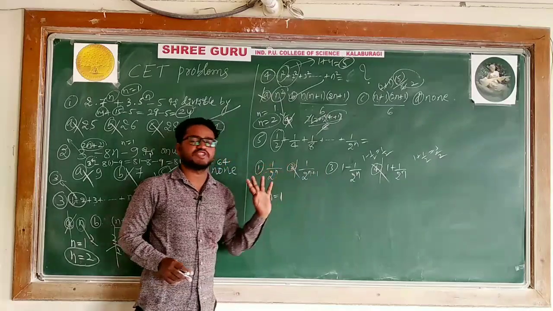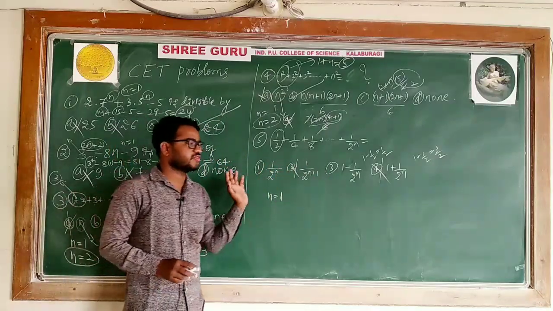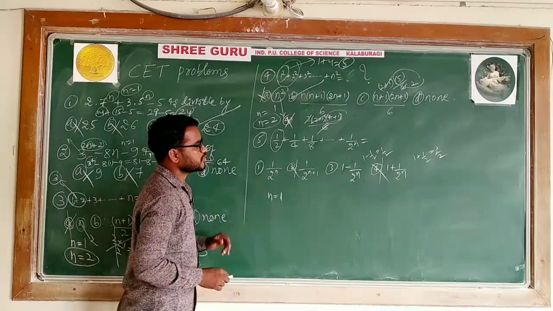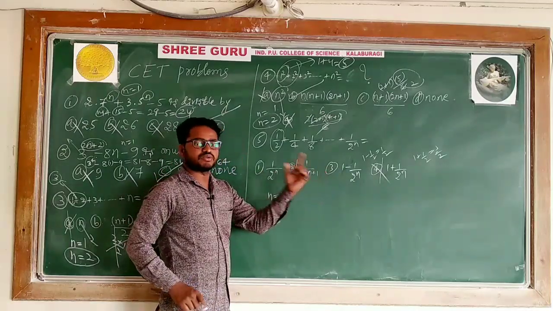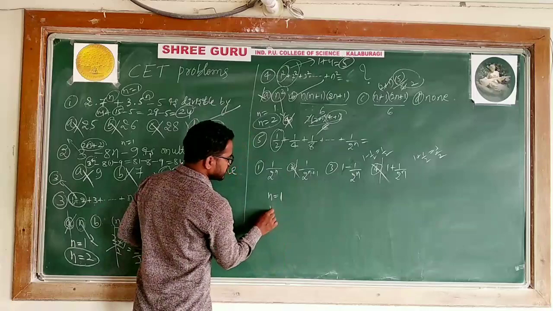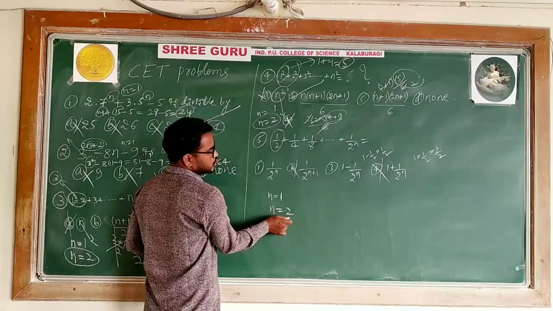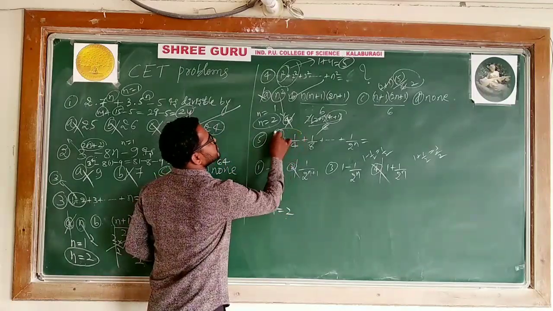Out of these first and third, which one is correct? We have a 50-50 possibility. 50-50 possibility means you decide on the basis of these. These two are not the option. One will be the answer. Means go for n is equal to 2. n is equal to 2 ತಗೊಂಡ್ರೆ ಏನು ಬರಬೇಕು? Sum of these two.